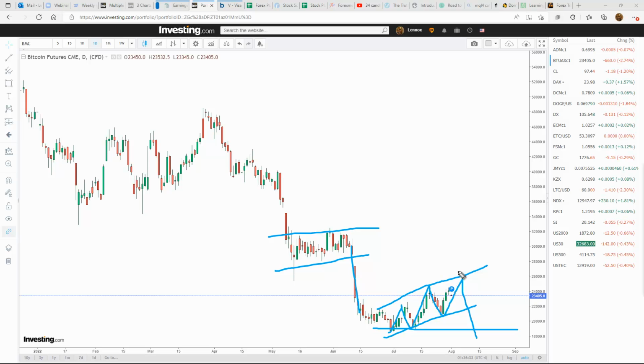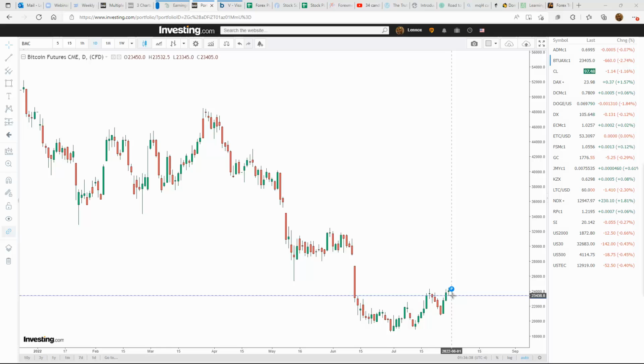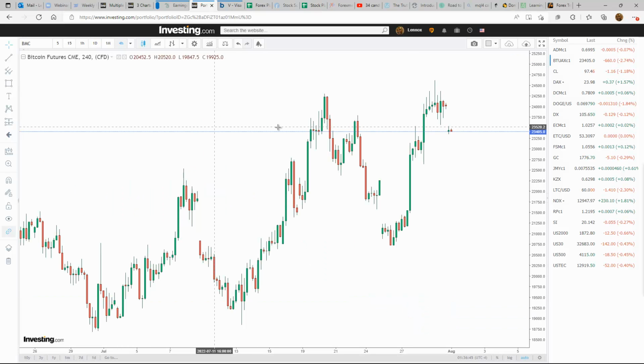All right, so just for this week, however, we could have another push to the upside. Perhaps I need to come down one more time frame just to get a closer look, and it is a possibility that we could get another push to the upside here. But right now we're heading to the downside. So any moves to the upside might be opportunities to sell into Bitcoin as it falls. Okay, so overall I'm looking for Bitcoin to come down for the week.